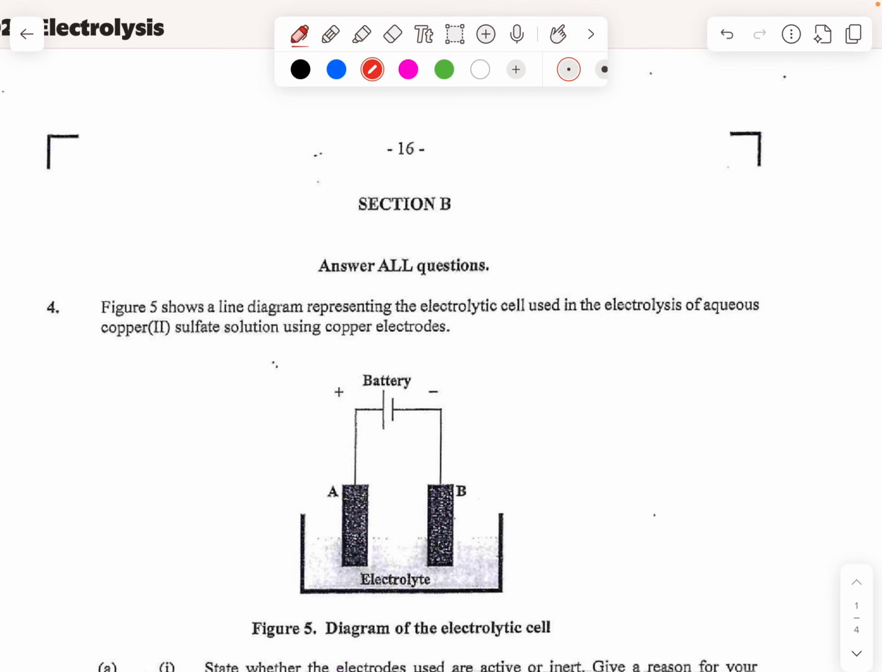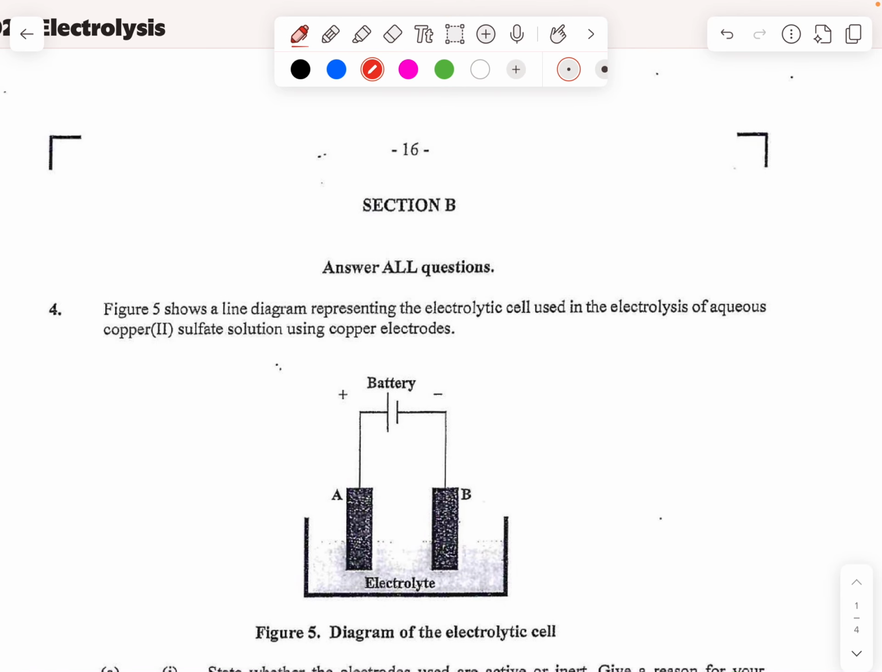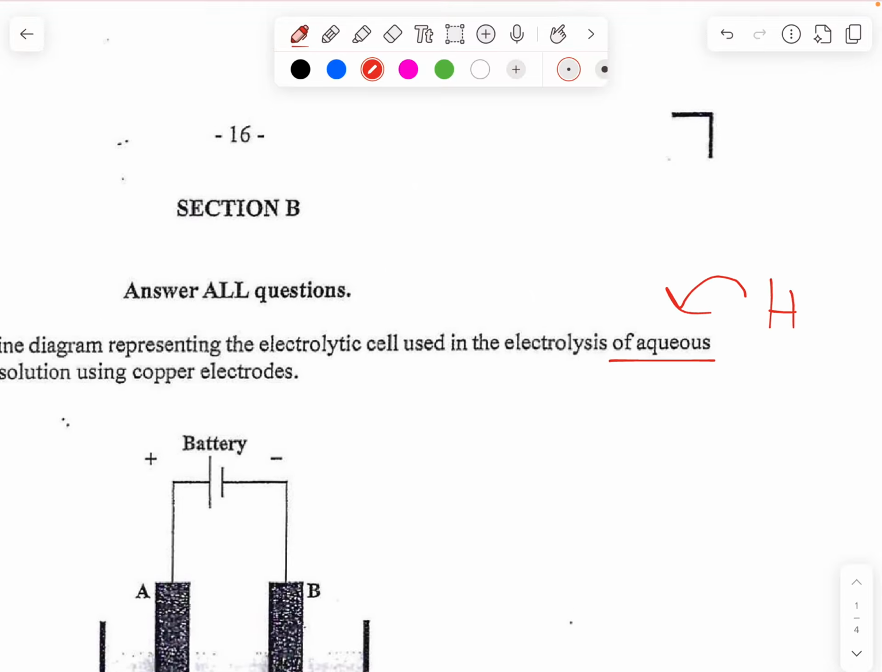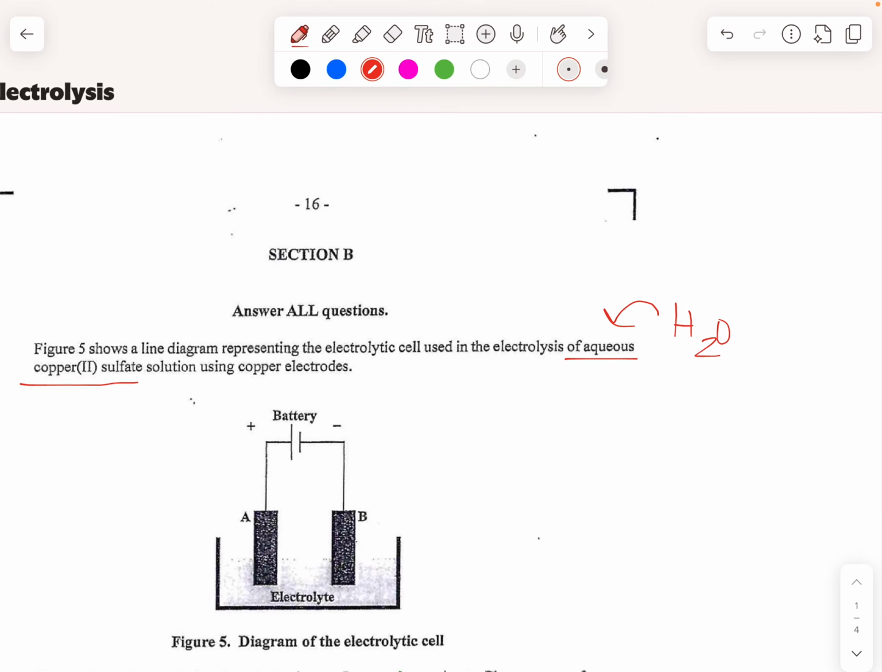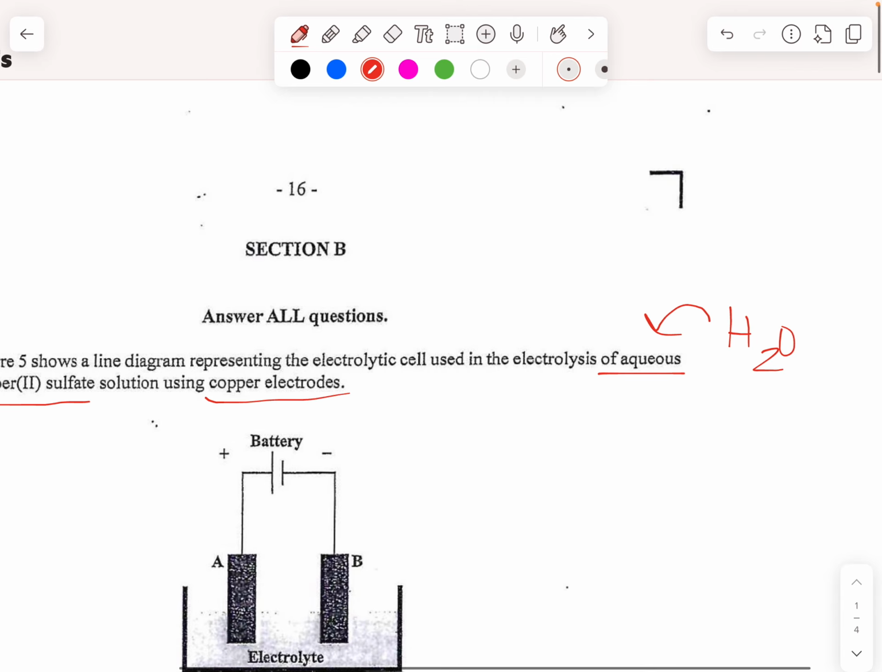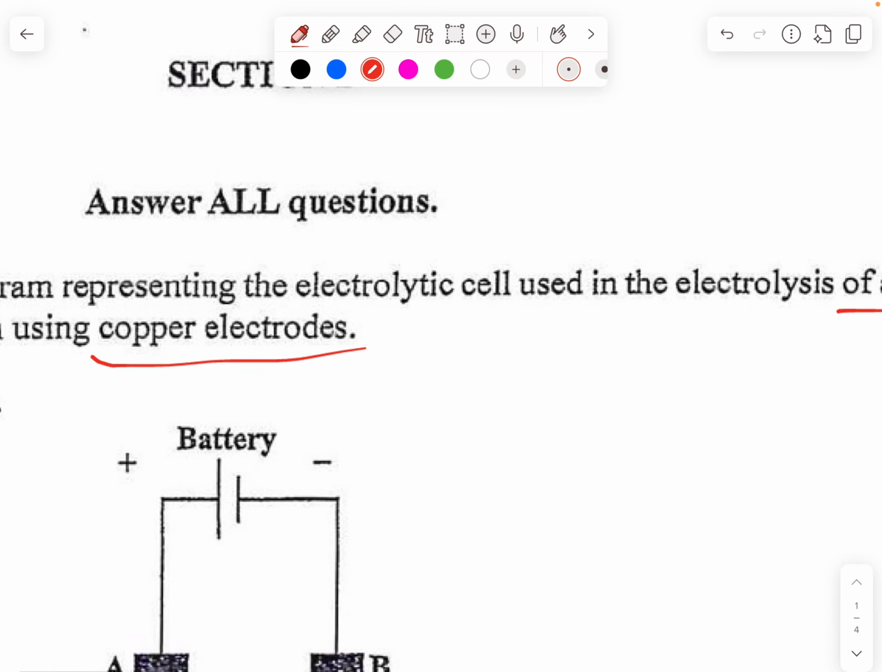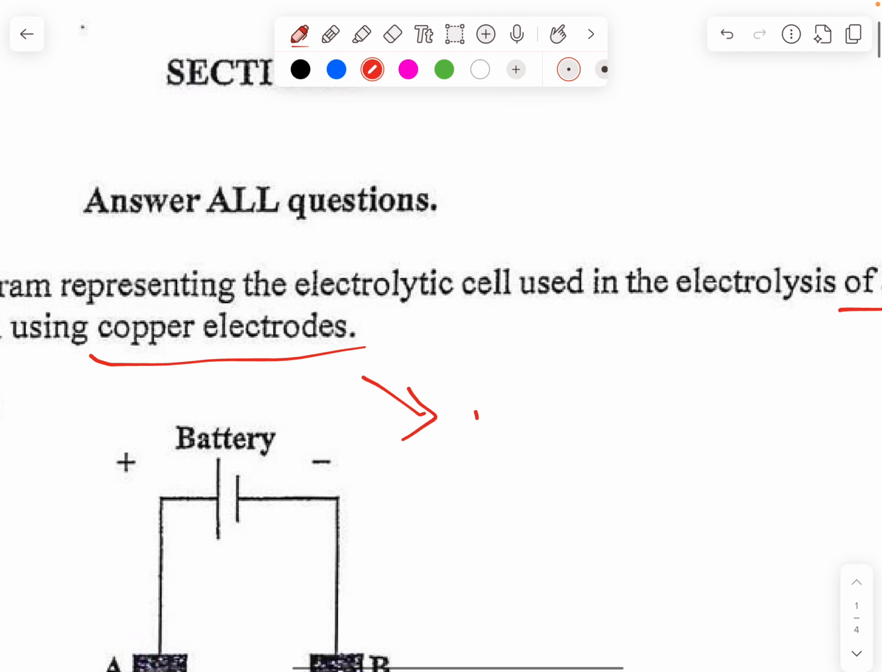So let us highlight some keywords here, right? It says we're using aqueous copper 2 sulfate. Once you see the word aqueous, it means that water is present, right? And we're also using copper electrodes, and of course we know that copper electrodes are active. They take part in the electrolytic process. They get ionized. That's what's going to happen to copper. So I'm just going to indicate here it gets ionized,